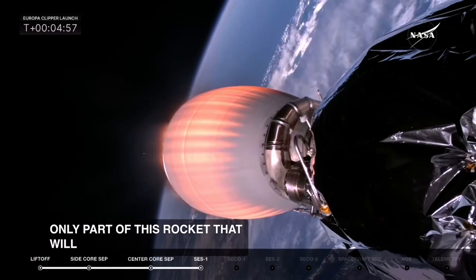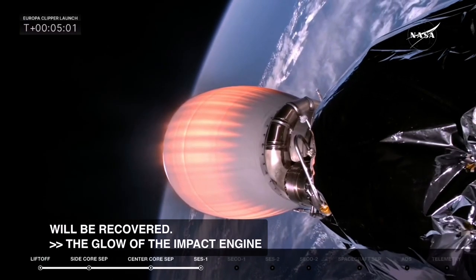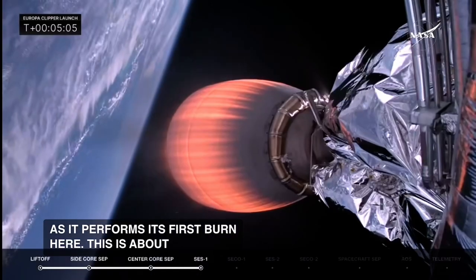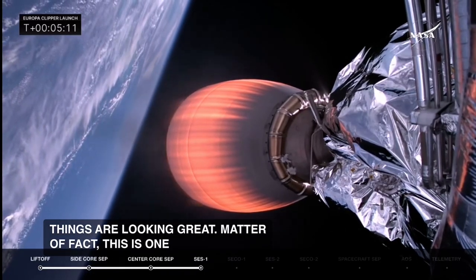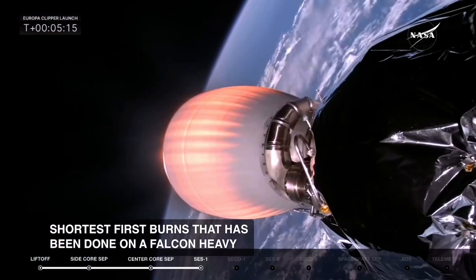The glow of the MVAC-D engine as it performs its first burn here. This is about a 3-minute and 47-second burn. Things are looking great. Matter of fact, this is one of the shortest first burns that has been done on a Falcon Heavy by SpaceX, but it is required to get us into that parking orbit for that long coast